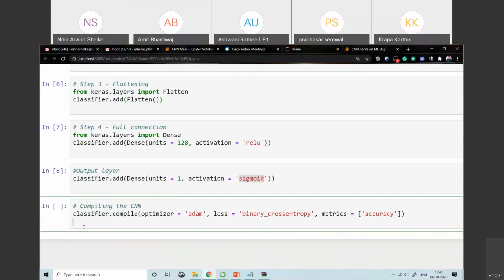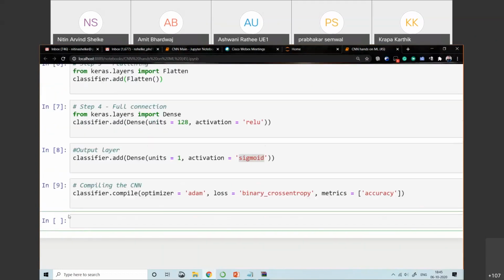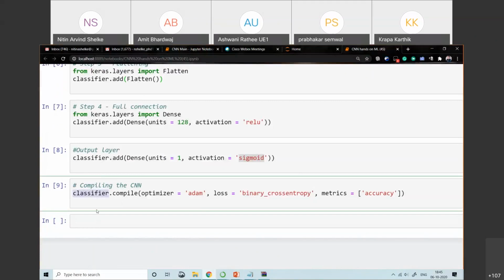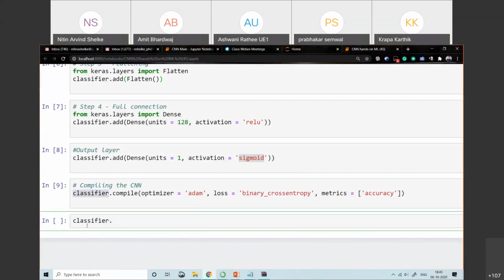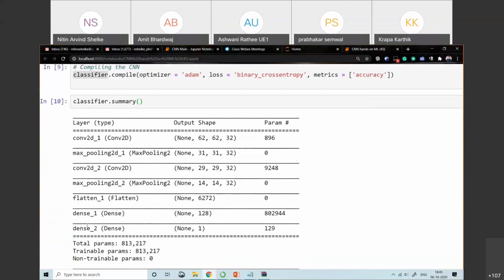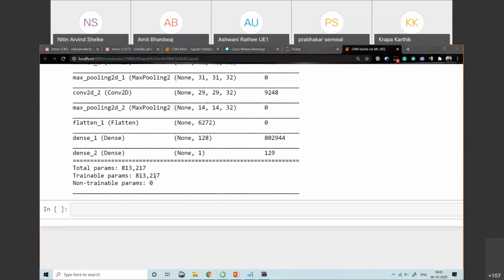So let me just compile this. Now let me show you the model summary. This is my model summary, in which I have this many layers.